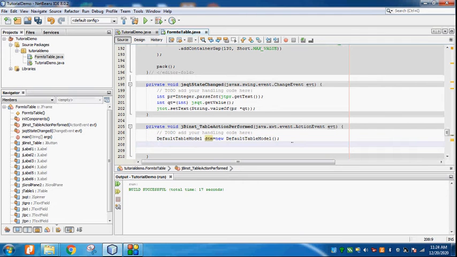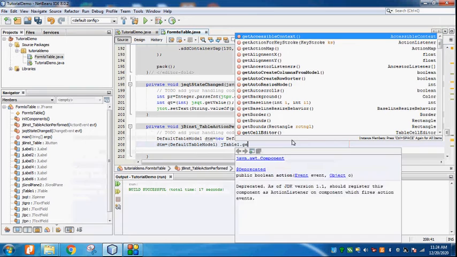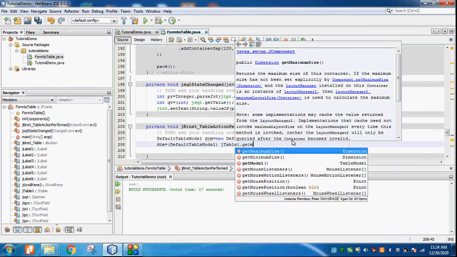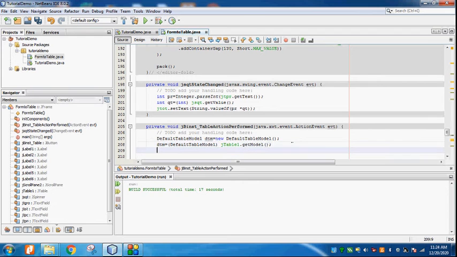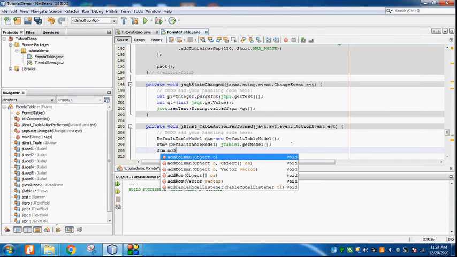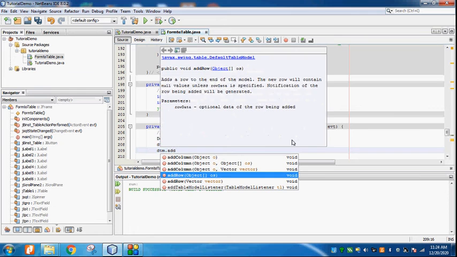After doing that, you have to initialize that thing. dtm is equal to typecasting DefaultTableModel, all things from jTable1 dot getModel function. Now I have to add records into this thing. So dtm dot addRow